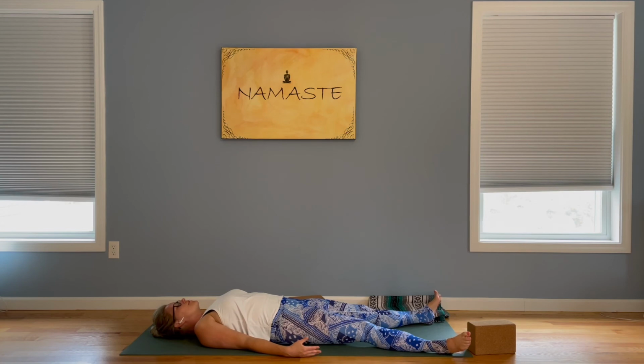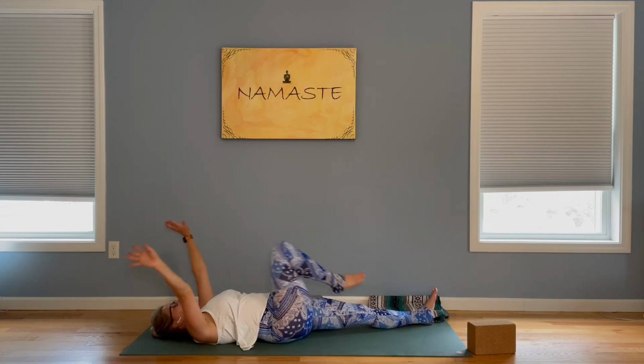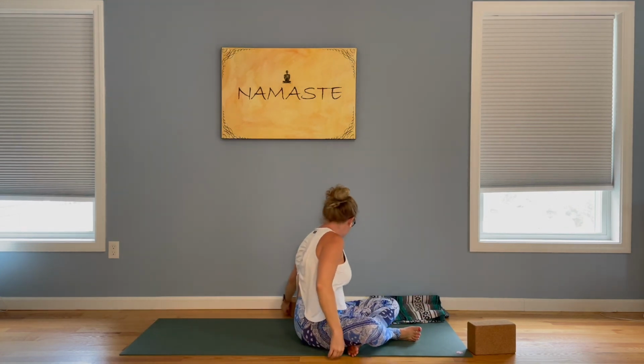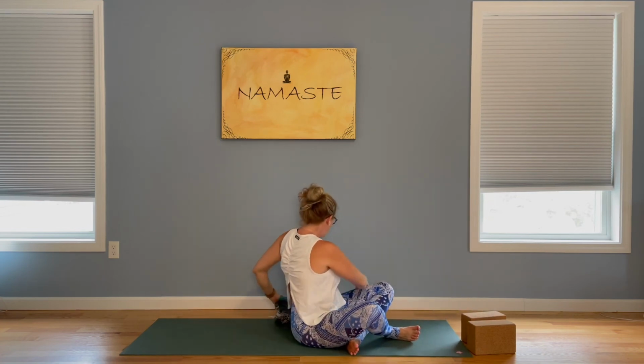In your next breath, wiggle fingers and toes, and then stretch arms up overhead. Take a full body breath in, and a big exhale. Bring those knees into your chest. Give yourself a little squeeze, and then roll to your favorite side, coming up to a seat. When you arrive seated,